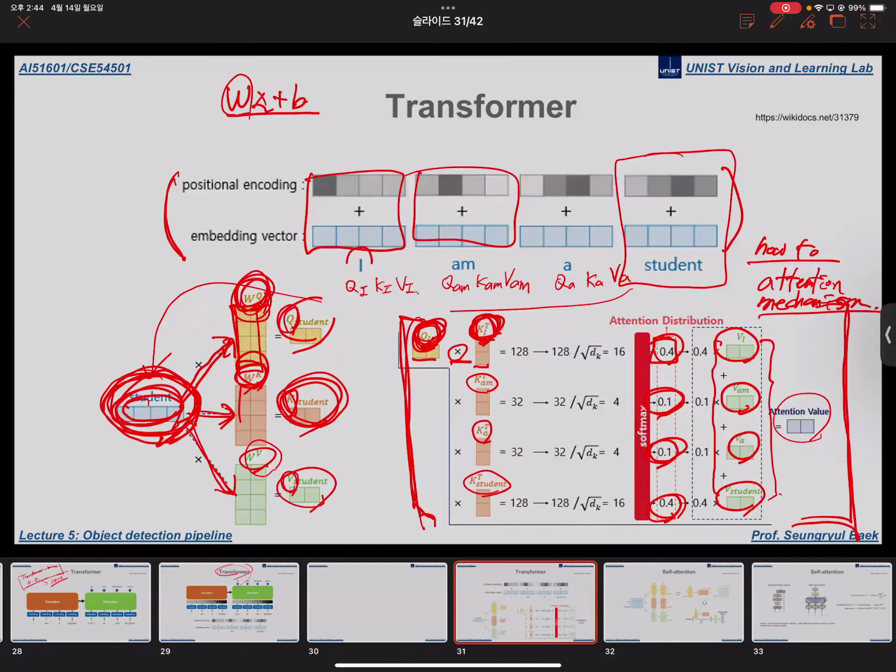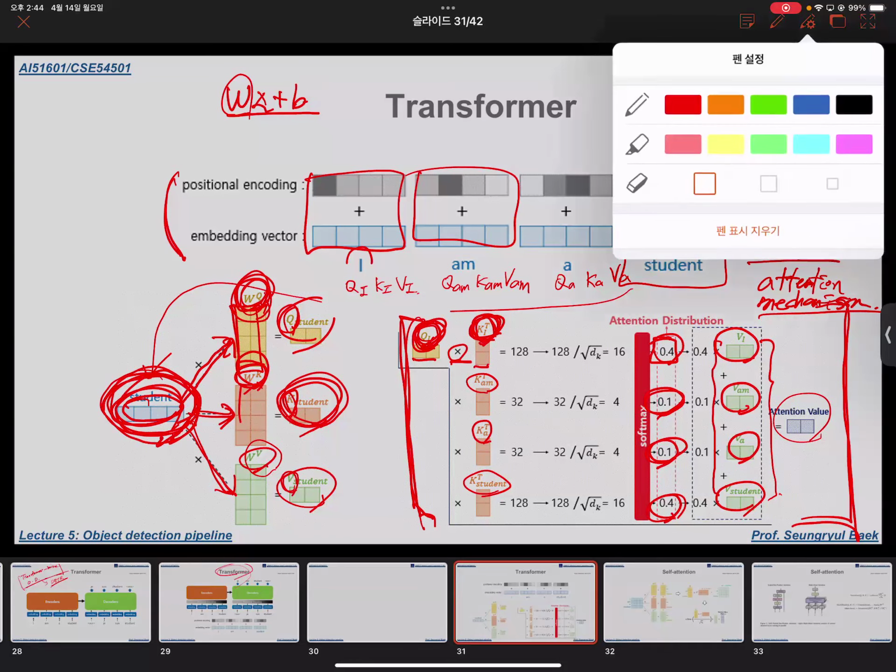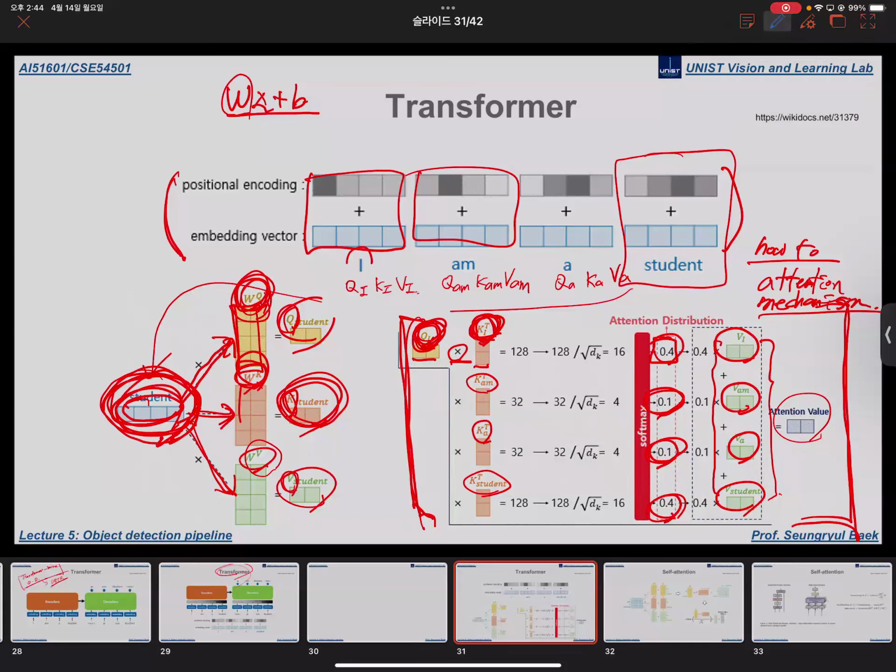Okay, so you can also interpret it in this way. When calculating the feature for this word I, by producting with all other inputs, you will first measure the similarity between all other inputs and myself, the word I, and then